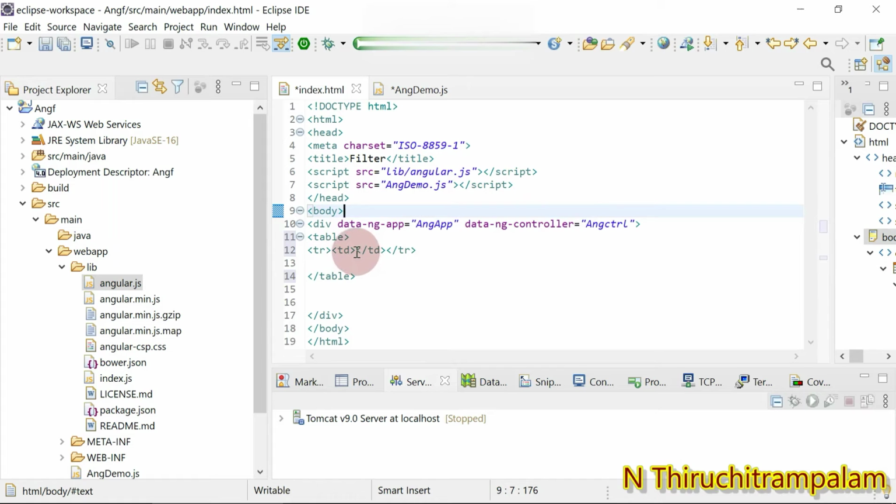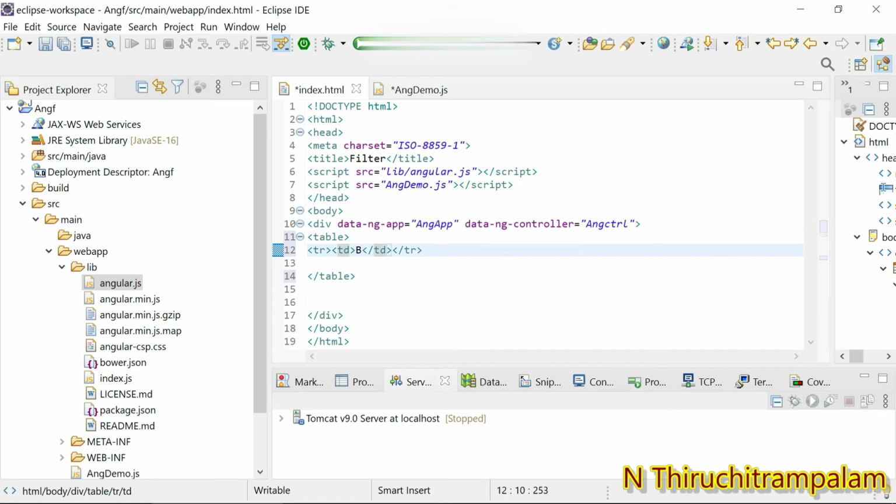So within this, I use the curly braces. Okay, and we are going to access the books, right?